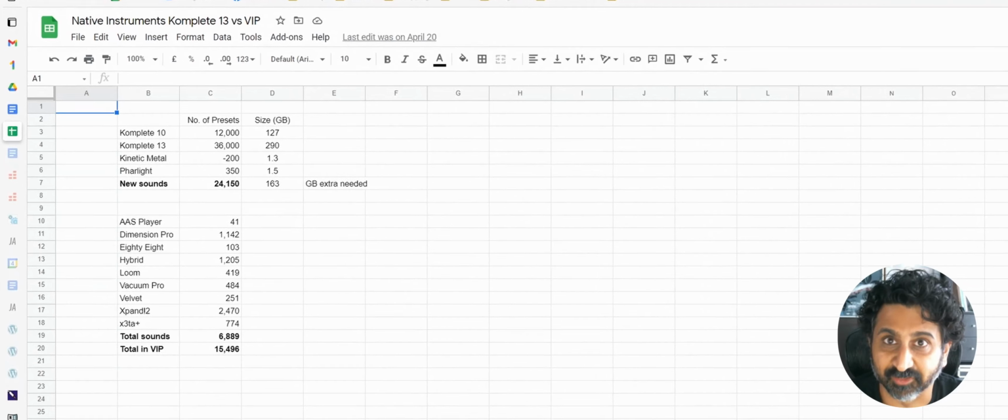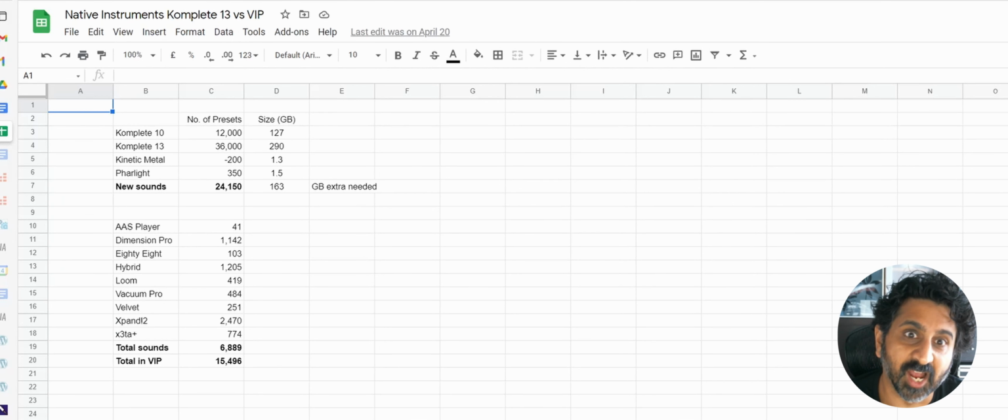But then I did the math. According to NI, I had about 12,000 presets in Komplete 10. I also owned Kinetic Metal and Fairlight, so that's another 550 presets. NI said there were about 36,000 presets in Komplete 13, so upgrading to Komplete 13 would give me